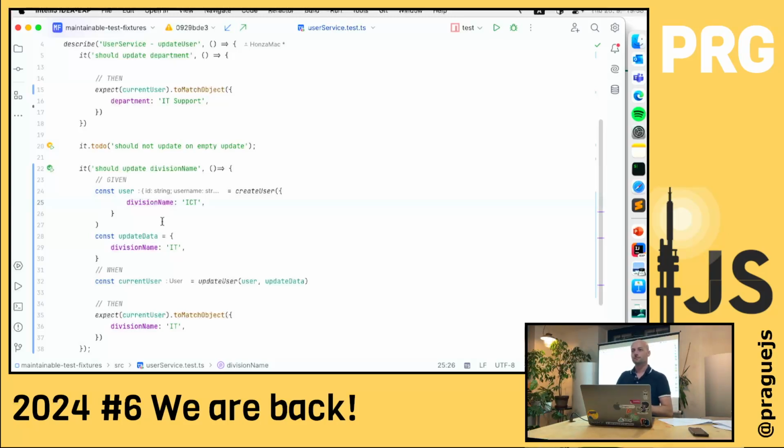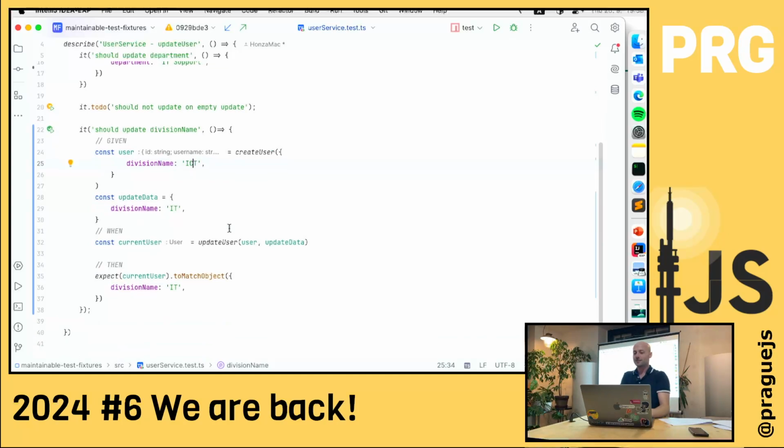If you delete these 2 lines, if you just create the user, there will be some random data, and then this random data will change to IT. Yes, nice catch. That's actually another improvement, because exactly, we have random inputs, but still in the test we are testing the concrete data.